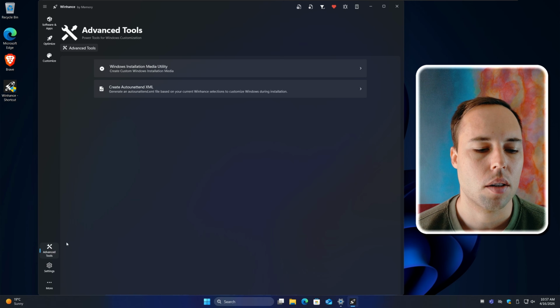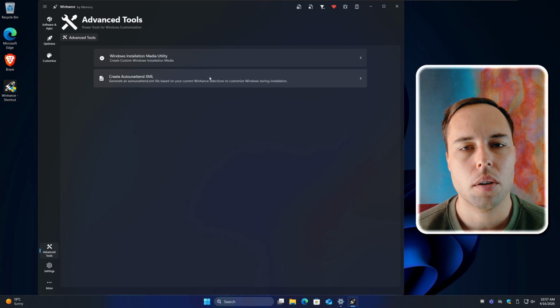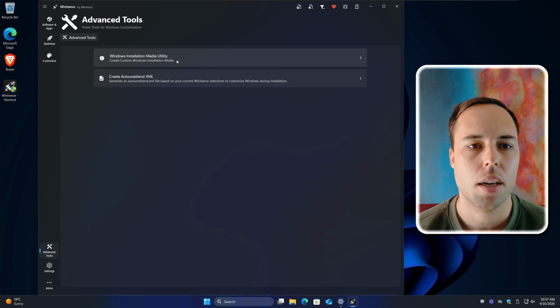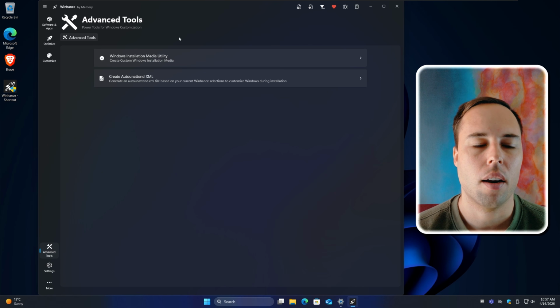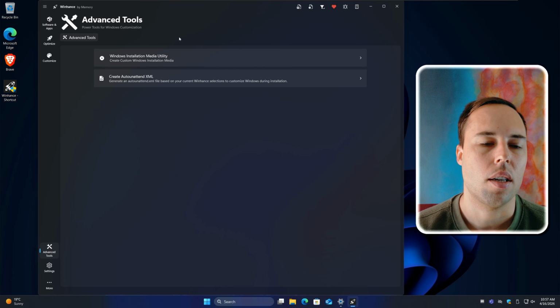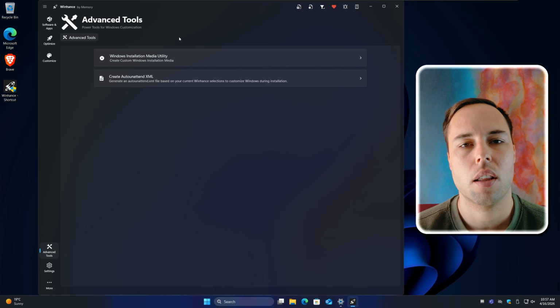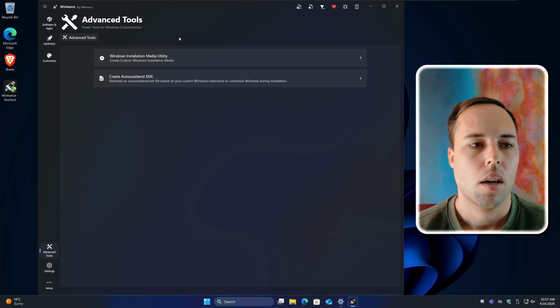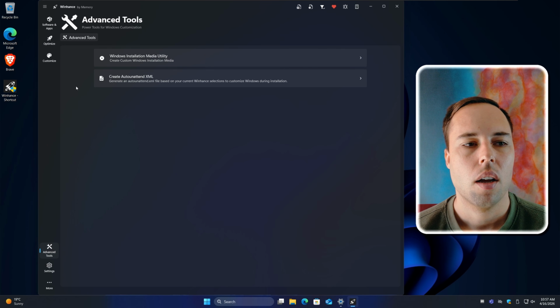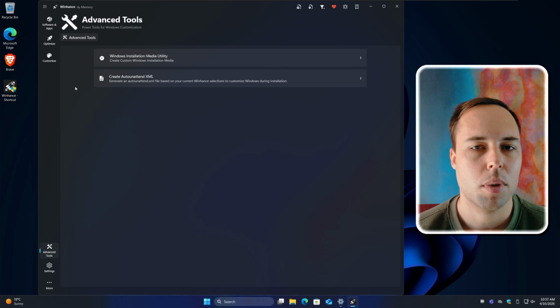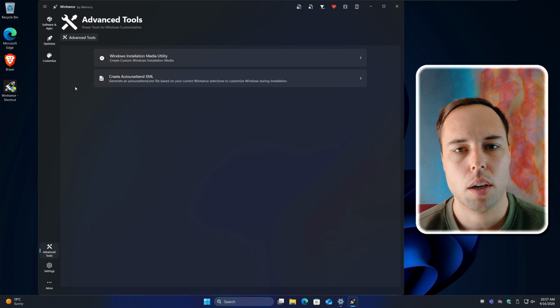The other way is using the AutoUnattend feature with the Windows Installation Media Utility to create an AutoUnattend file where the settings will already be set for you during the Windows installation process. So yes, it is a Windows optimization and customization tool, and it enhances your Windows experience.